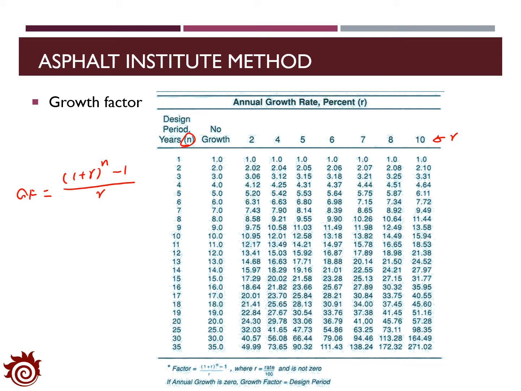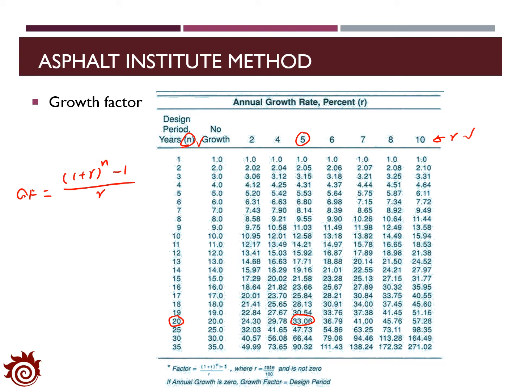With this equation, you can identify the growth factor with a specific annual growth rate and the design period. For example, for the annual growth rate of 5% with the design period of 20 years, we can find the growth factor as